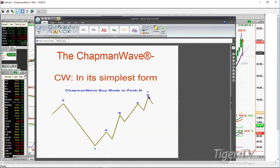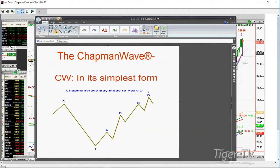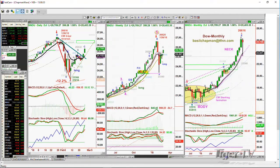We want to get to the fourth highest peak. That's peak A, B, C, D. At D, other things can happen. It can still go to E, F, and G, but the fourth highest peak is really the objective, and then we use other techniques. Well, we went to a peak D at the high of 26,616 on the 26th of